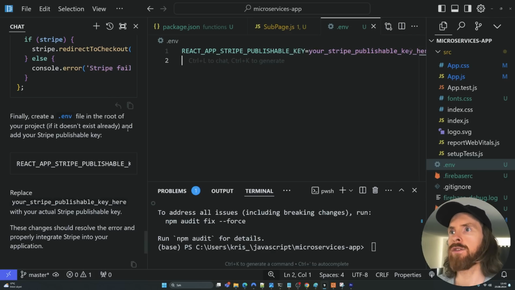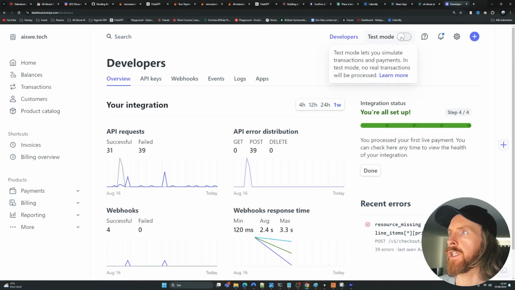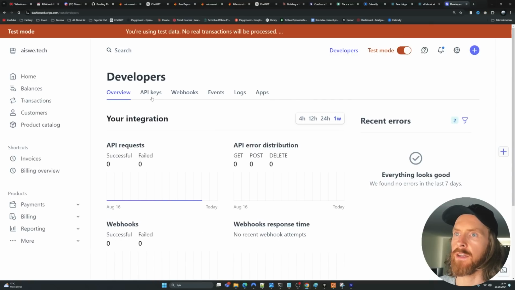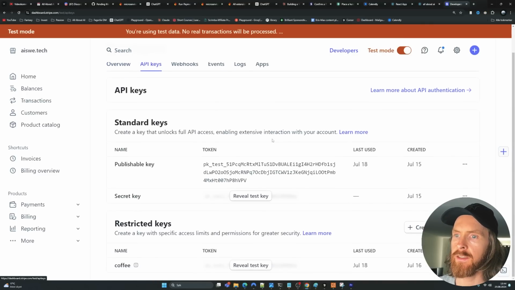So I think this is a good time to go into test mode on the Stripe dashboard. I'm just going to head over to the Stripe dashboard and activate test mode. I'm going to show you how you can do that. Okay, so you can see test mode. We can click on this now, and then go to our API keys, right? And here we have the test publishable key that we're going to use now, because you should always do this